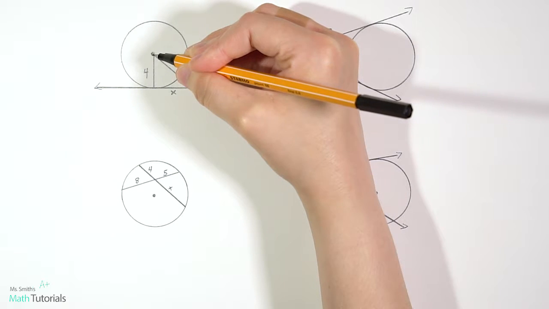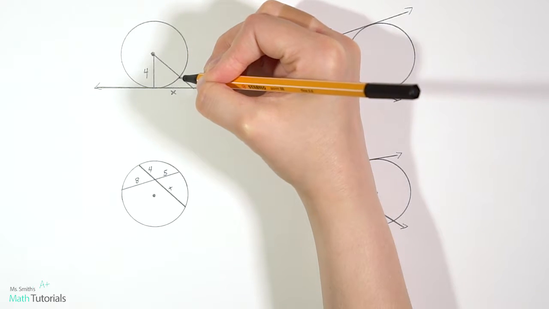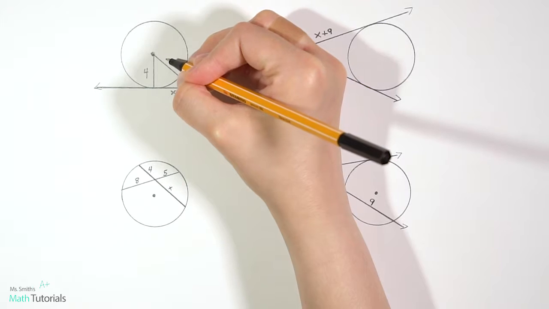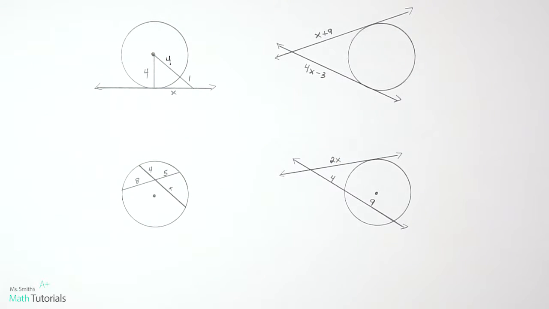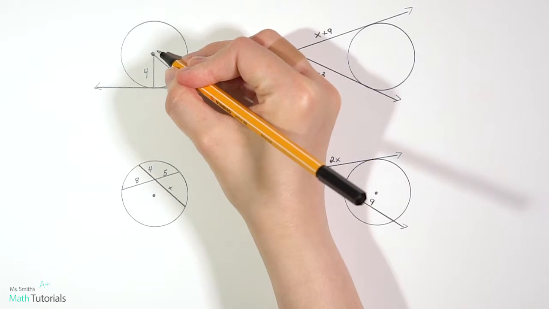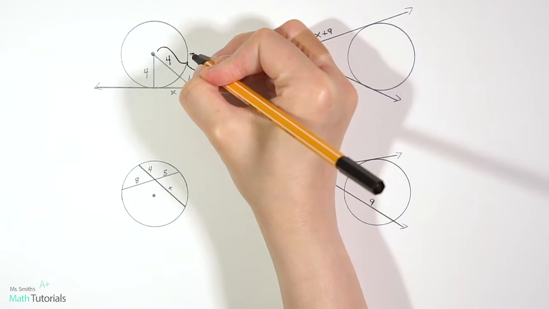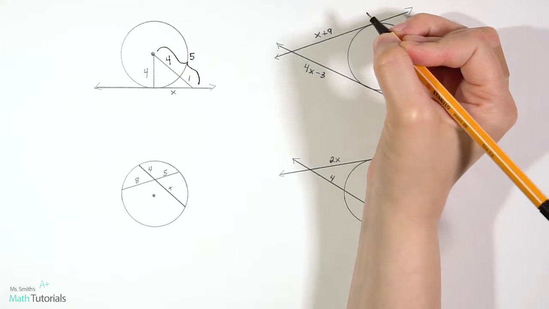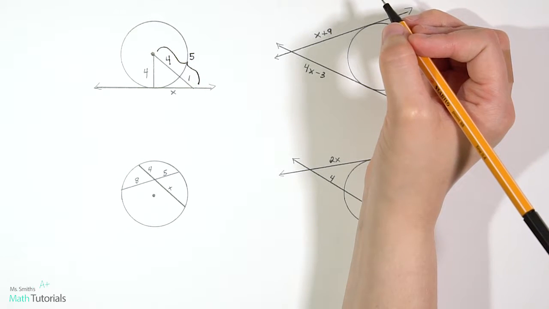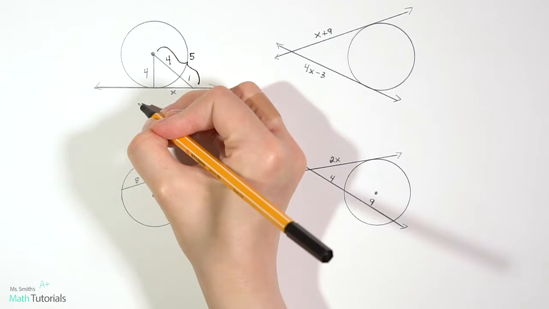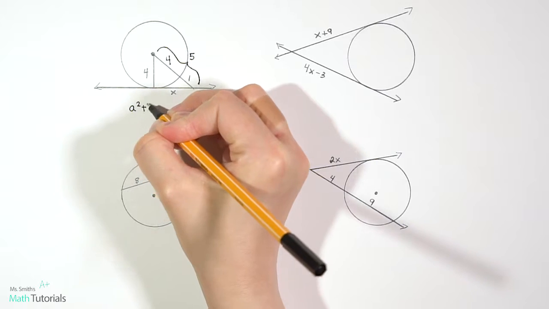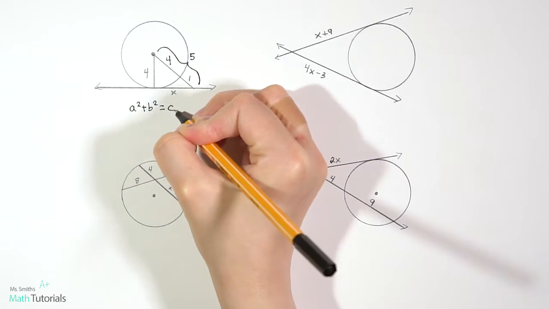A radius starts at the center of the circle and goes to the edge of the circle. So from here to here is also 4. So that means this whole side is 4 plus 1, which is really 5. So at this point we can use that Pythagorean theorem, a squared plus b squared equals c squared, to help